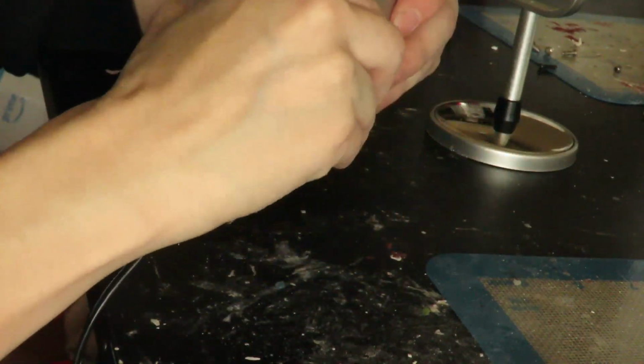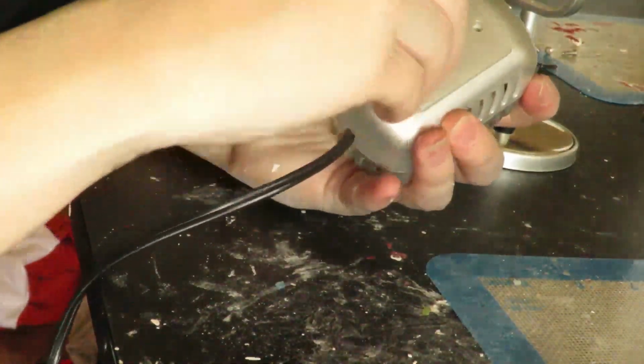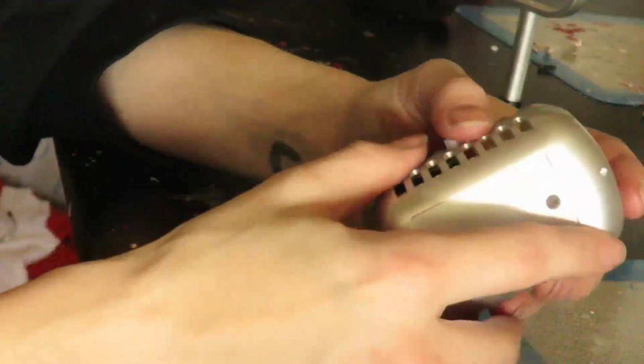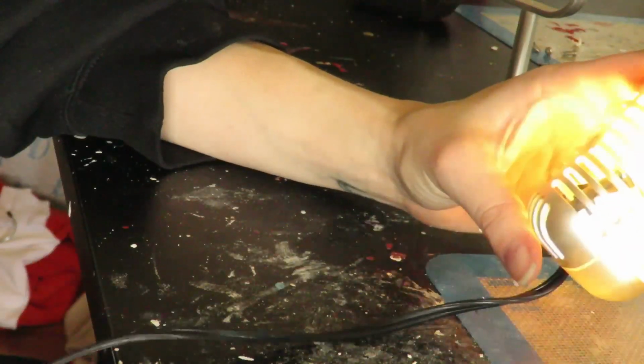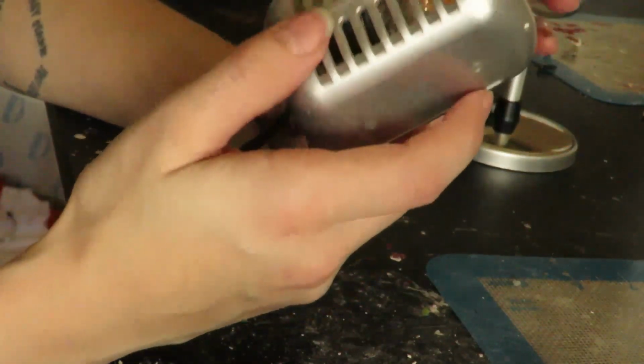Placing the back side on again, and screwing the bottom screw back in kept it together as much as I needed. And that's that. It's not perfect, but